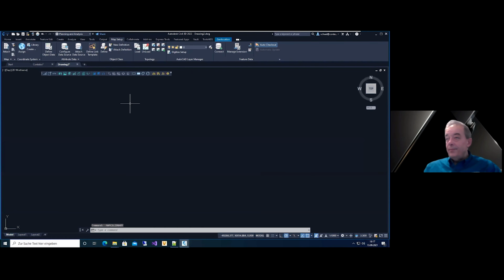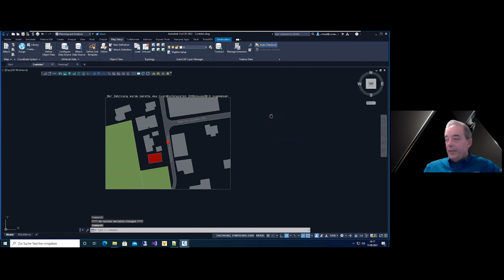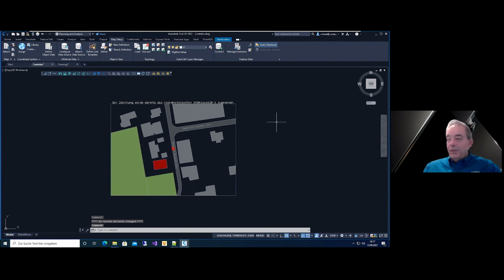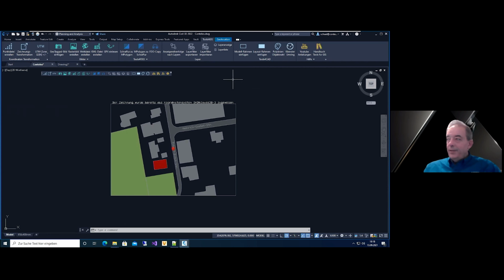Doing this, we change the drawing. In this drawing, we have an area, a normal drawing, and we now need a GSB file for this area. What will we do? We have a little tool for generating a point grid inside of our tools for GIS.